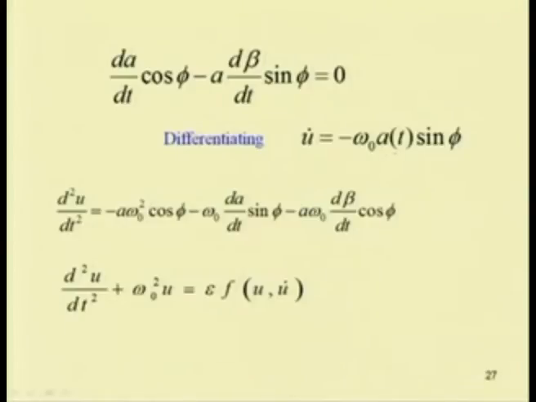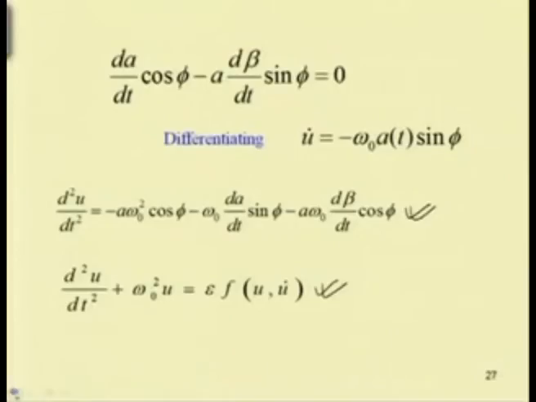If you differentiate it, d square u by dt square will be equal to minus a omega 0 square cos phi minus omega 0 dA/dt sin phi minus a omega 0 dβ/dt cos phi. So, substituting this expression for d square u by dt square and du by dt in the equation d square u by dt square plus omega 0 square u equal to epsilon f(u, u dot),